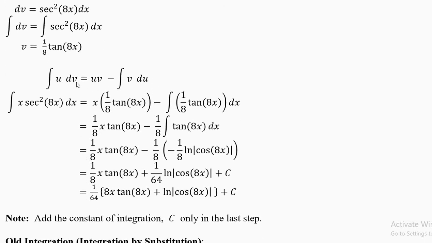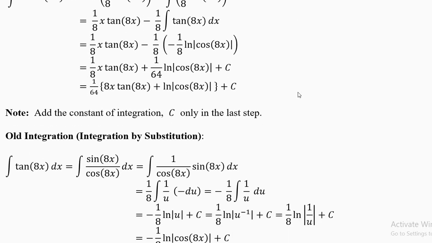Now put everything in, feed everything, punch everything into your main formula. Punch means substitute. Now you will have u dv, u equal to x, v is this bracket 1 by 8 tan 8x. Now same v will come inside and same v is outside. Open this bracket, you will get 1 by 8 x tan 8x. Now this 1 by 8 will come out, you have to integrate tan 8x.